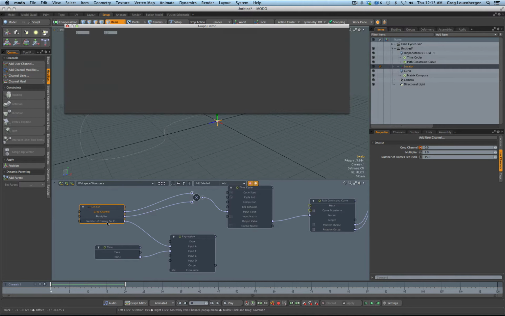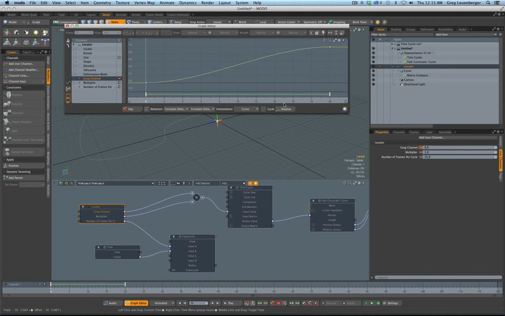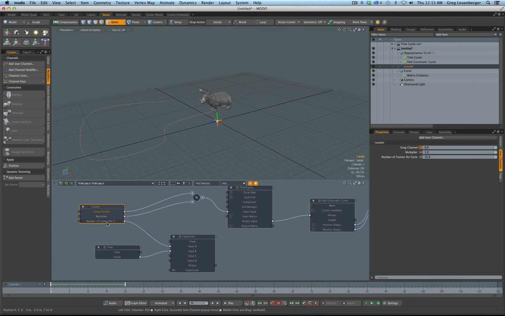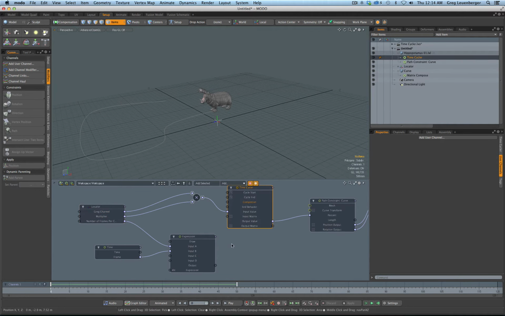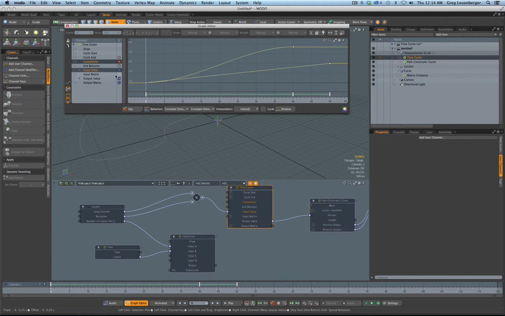Also, if you're using, let me unhook this from completion and take a look at the Greg channel one more time. You might want to sometimes have this curve be linear in here because you just want a straight 0 to 1 value, and you want to control all your ease ins and ease outs by animating the completion node. So if you look at the completion